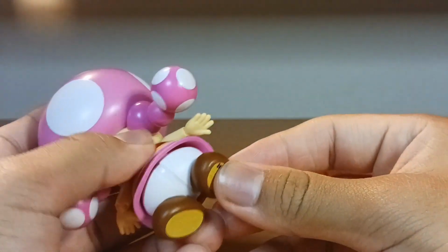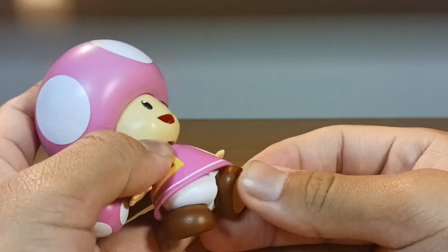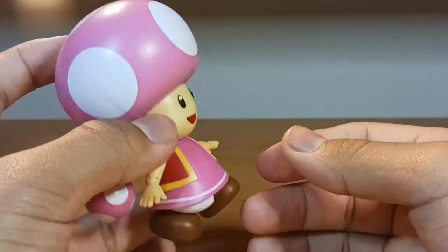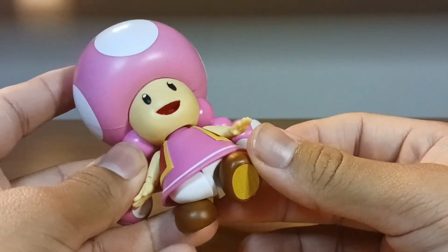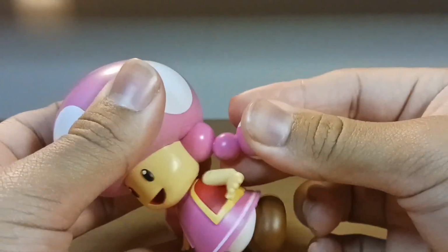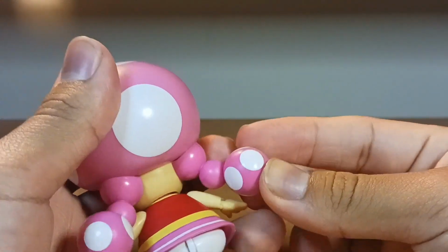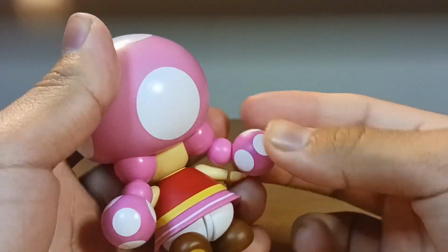Now, for leg articulation, you have some of the new movement that Jakks has been adding to their Toad figures specifically, where you can move the legs forward and backwards, and you also have boot articulation. Now, this is going to be a weird nitpick, but I feel like Jakks could have added some sort of articulation to the pigtails, where you could have some sort of bendable plastic that you can move around, but it's